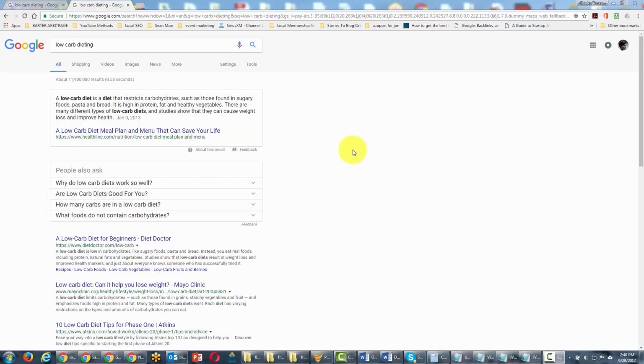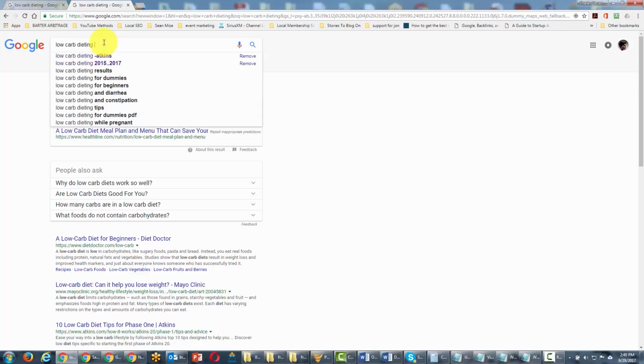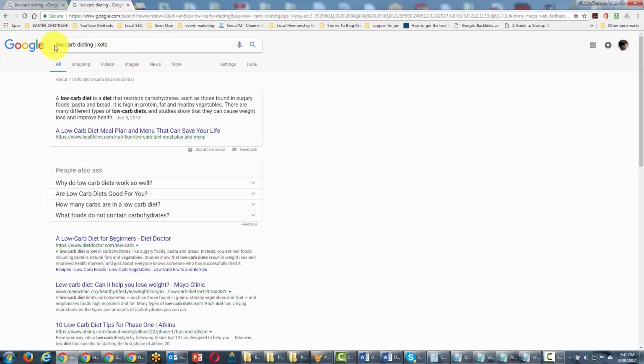We are now going to look at the piping command. And the piping command functions the very same way as another term that we could use, which would be the OR command. What we do is put in a pipe, which is a straight line, inside of our search, and then put in another similar term. So we're going to tell Google, look for low carb dieting or keto, and it's going to bring us back the most relevant results. Now we're going to hit send,